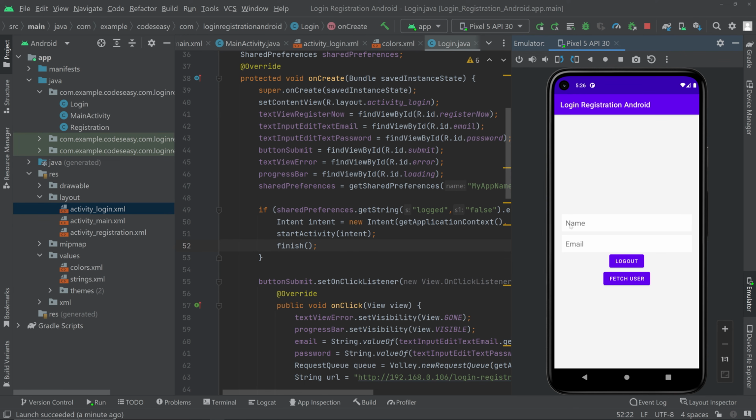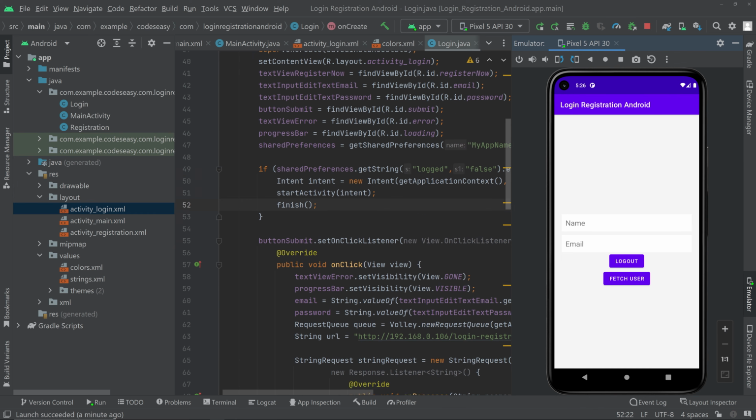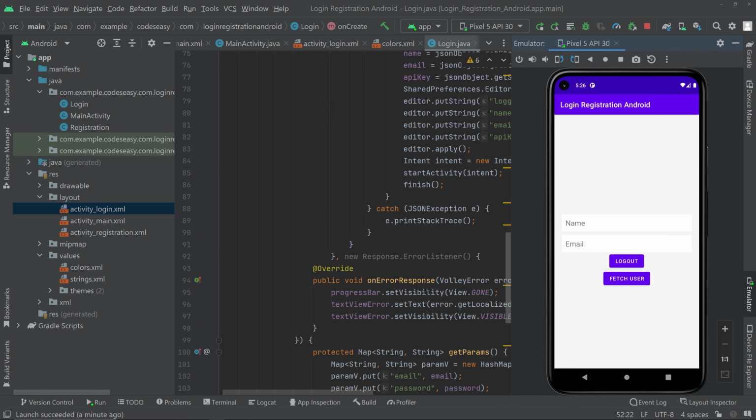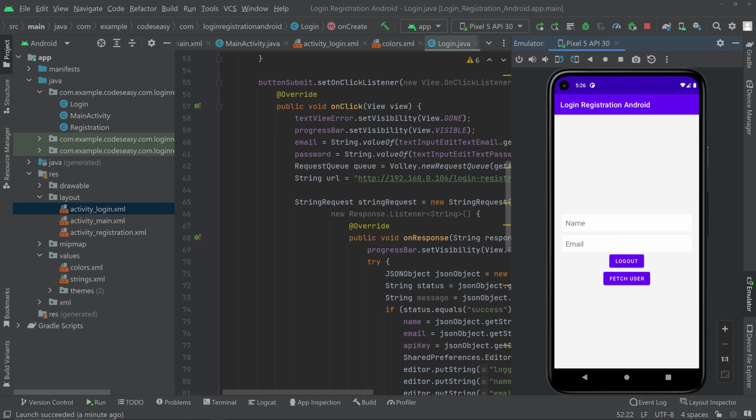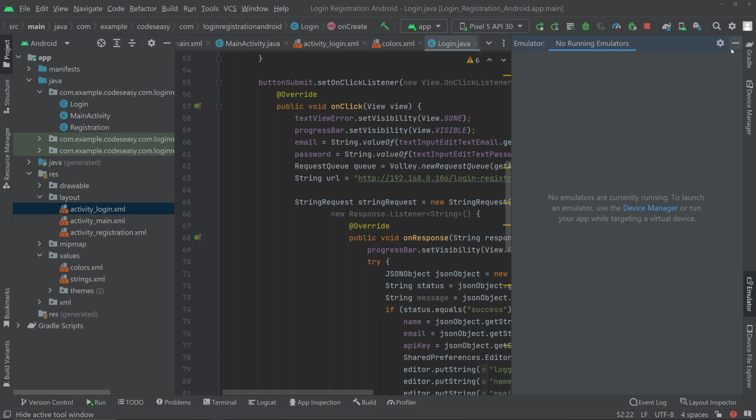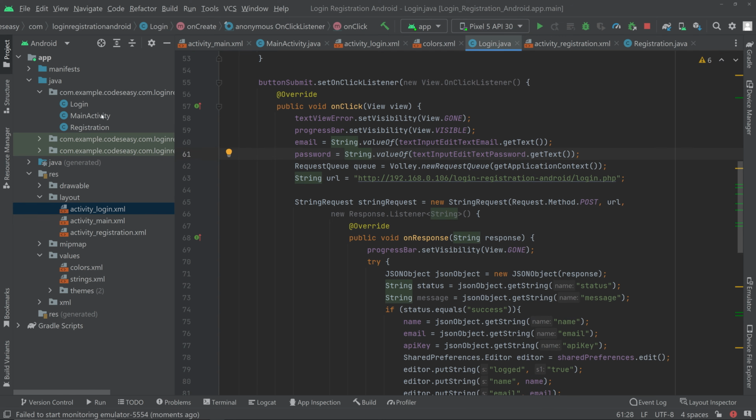So here you can see we are having the name, email, logout, and fetch user part. Now we have completely done with the login part. Okay, now we have to implement the main activity part. That is the logout part and fetch user part. Okay. So let's go to the main activity. First of all, you can close this and minimize this, and go to the main activity